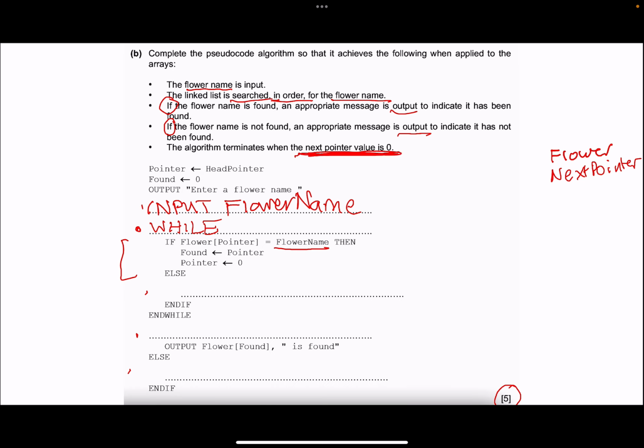So we could write this in a variety of ways, but we could say while pointer is not equal to 0. Okay, because pointer gets set, you're going to be setting pointer on this line here. So inside this if block, we've got if the flower pointer is equal to flower name, we know we found it. So we're setting a variable called found, which was initialized to 0,